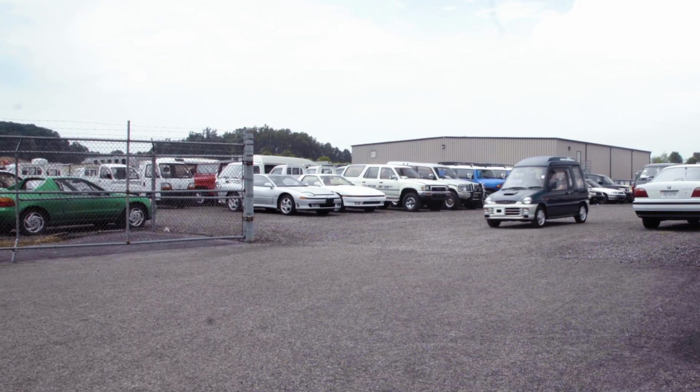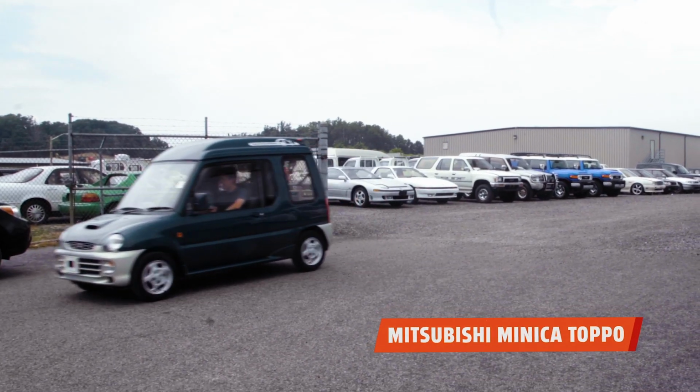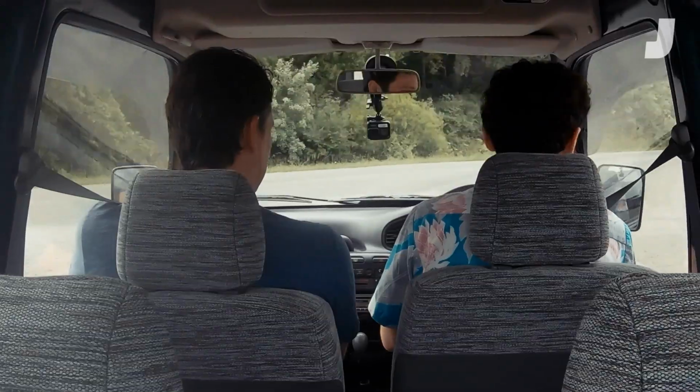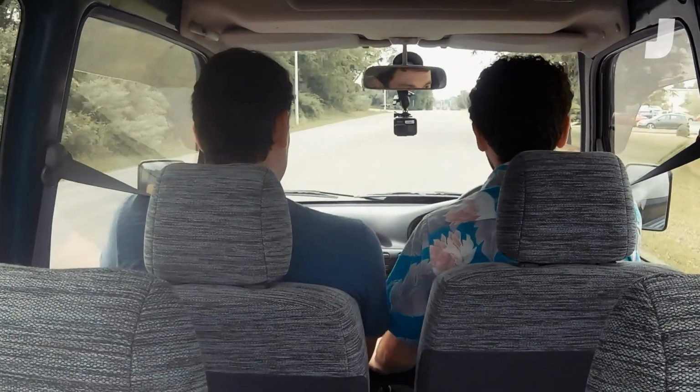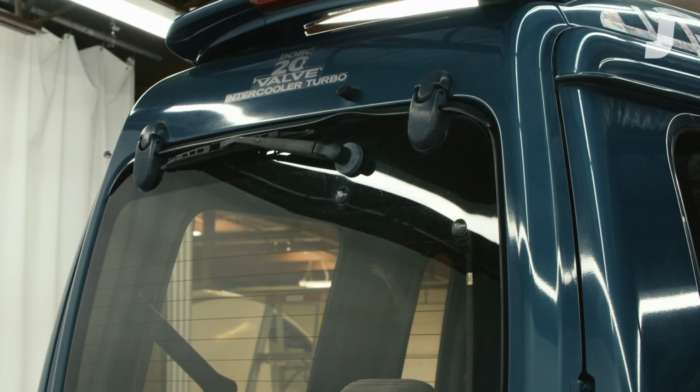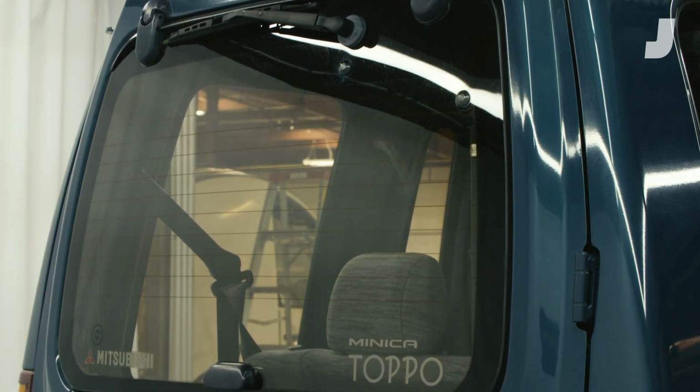Raph, what are we driving on this inaugural episode of Raph and PG's JDM Wonder Paradise? Definitely a working title. So this is a Mitsubishi Minica Toppo, and that is a tiny K-class van. The reason we're driving this one, other than the fact that it's adorable, is this one has an engine so obscure and interesting that you can't even read about it on Mitsubishi's own website. Not in this car. This is a 5-valve per cylinder, turbocharged, intercooled, 4-cylinder that's just